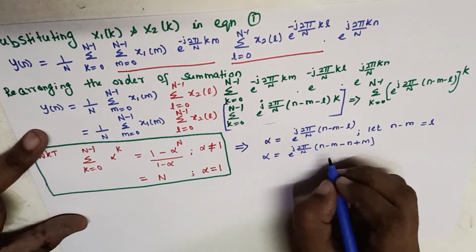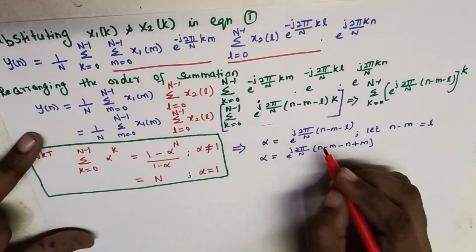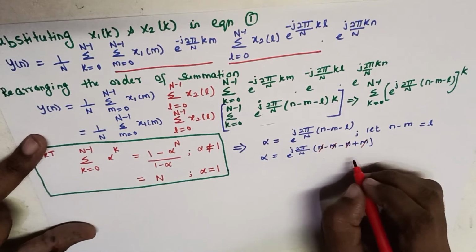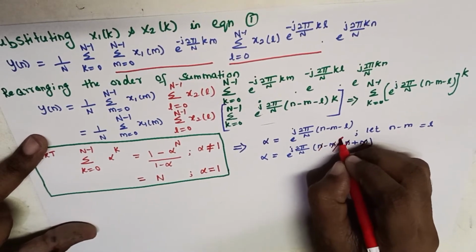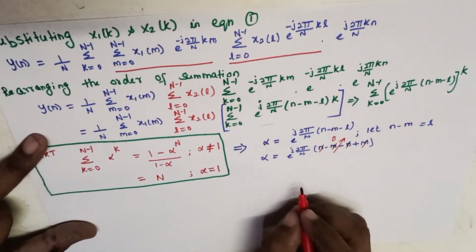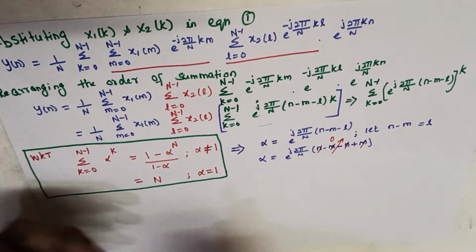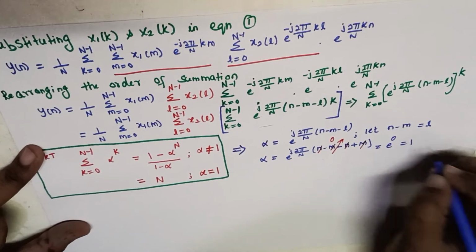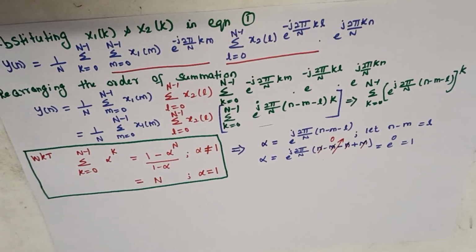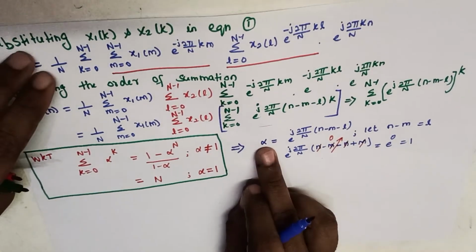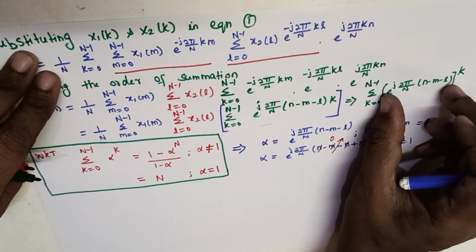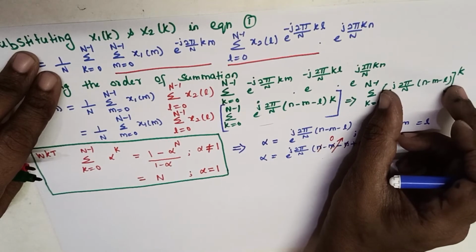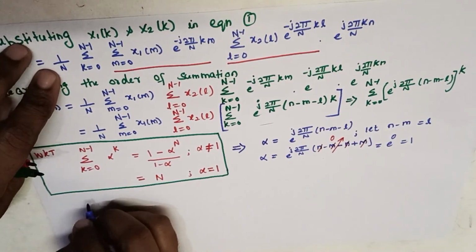This is alpha. Now if you look at this, n minus n, m minus m will be cancelled. So this term becomes 0, which means this alpha becomes e power 0, the value of which is 1. Now substituting this alpha, we have taken alpha as the term inside the bracket. So substituting alpha as 1 to this summation, we will get it as